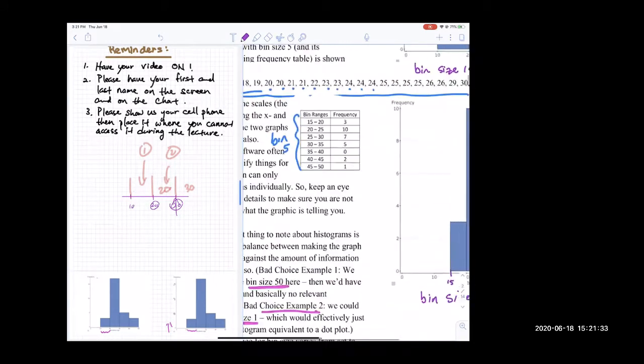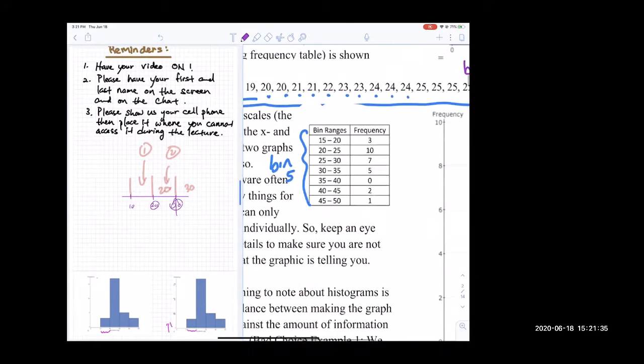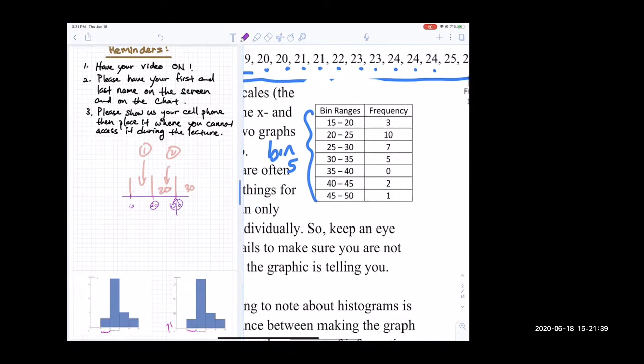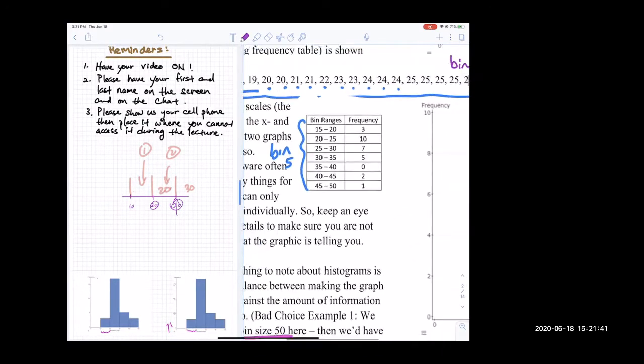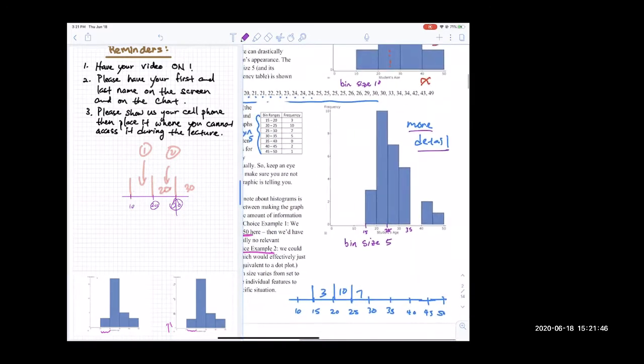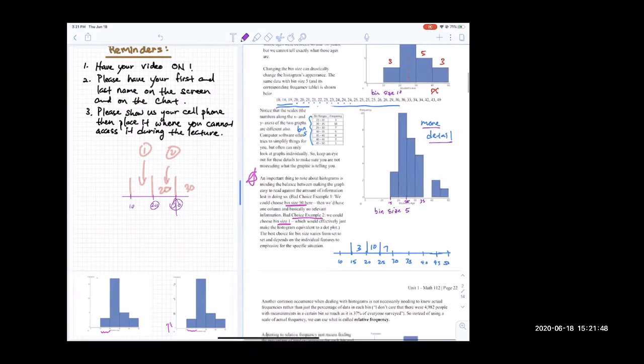So this is a bin size of 5, and they redistributed the data. Then this is the frequency table, and you see that right there. They'll go through this portion. Okay, again,